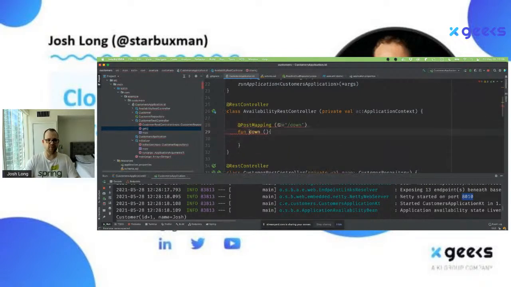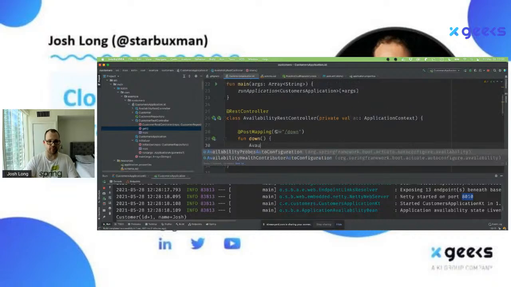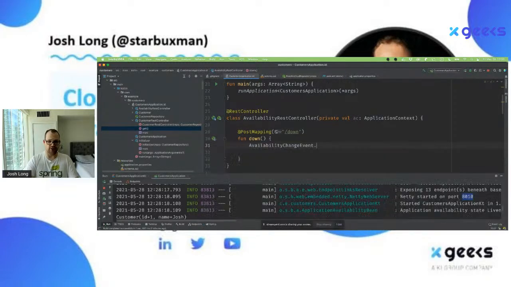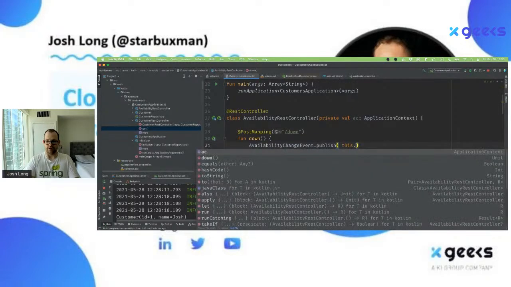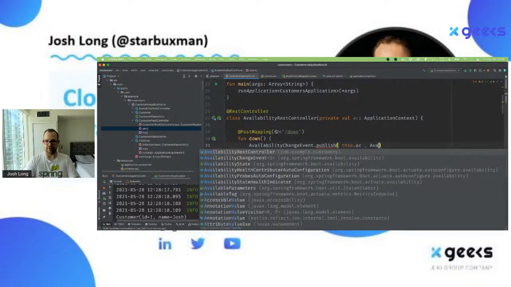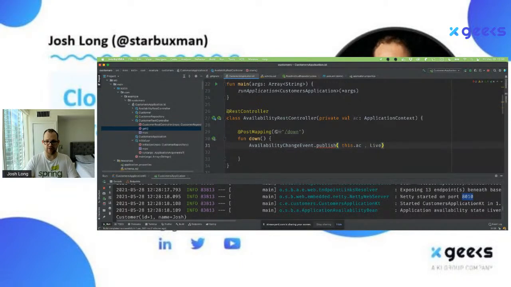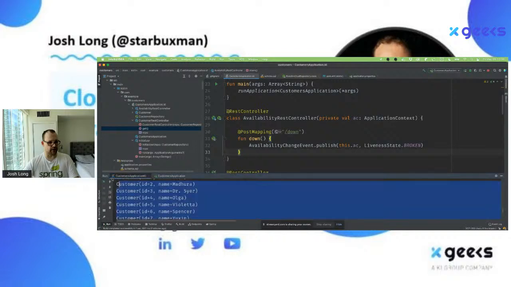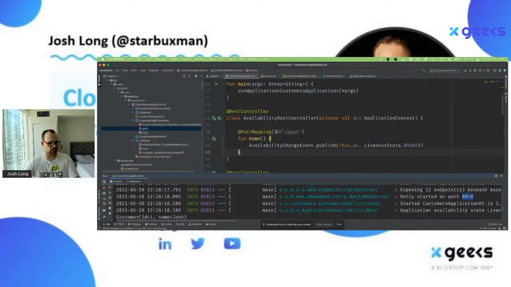And all I'm going to do is when somebody calls this endpoint, I am going to publish an application context event. So I'll say publish this.ac, AvailabilityChangeEvent, LivenessChangeEvent, LivenessState.BROKEN. Okay. So what that's doing is it's going to publish an event to force the liveness probe to say that things are bad. Okay. So this is gone. Let's restart this one.